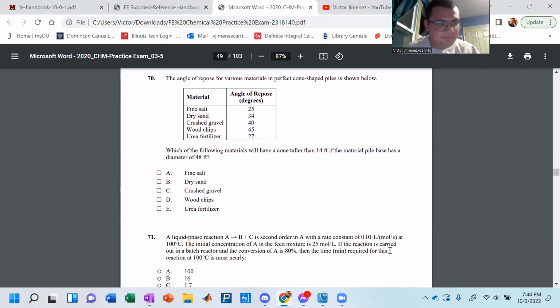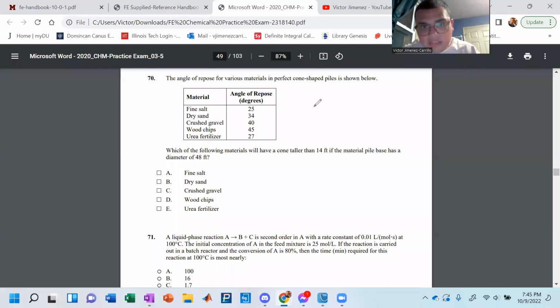70. It says the angle of repose for various materials in a perfect cone-shaped pile is shown below. Which of the following materials have a cone taller than 14 feet if the material pile has a diameter of 48 feet? So the angle of repose is the maximum possible angle between the surface of a pile of powder and the horizontal plane. And this can be described using